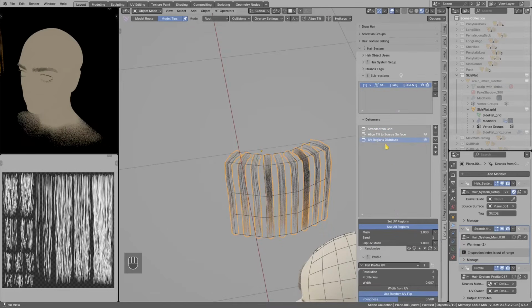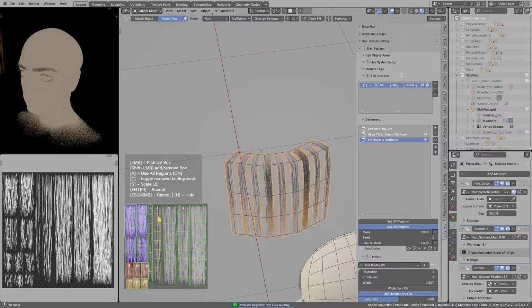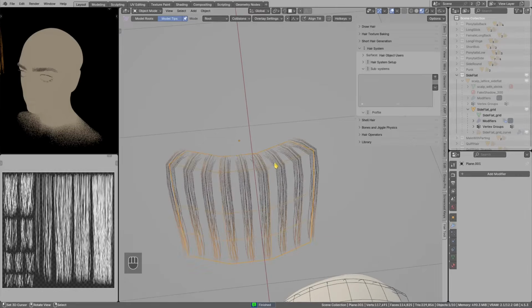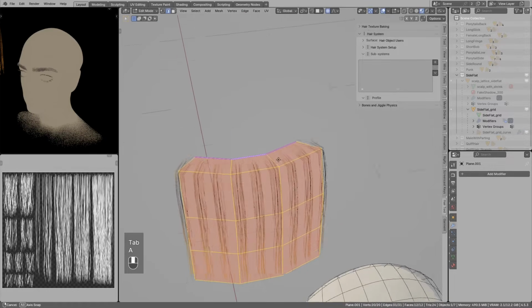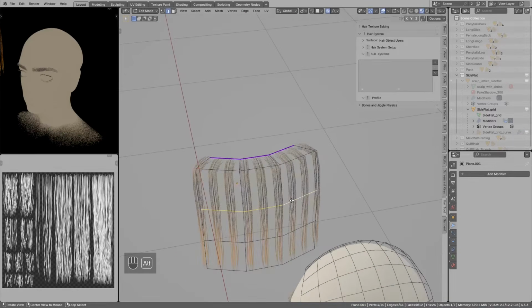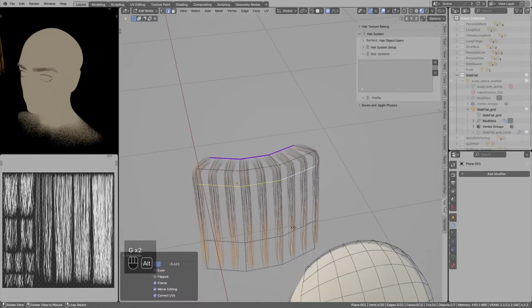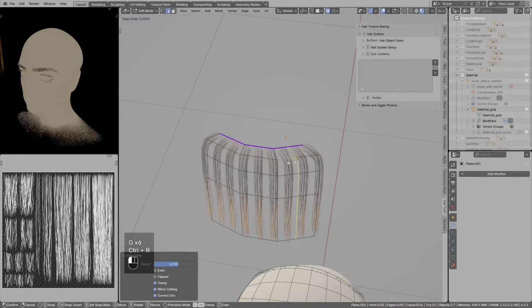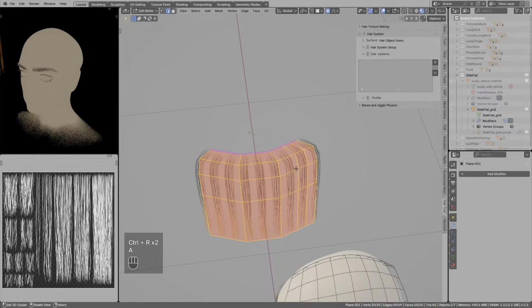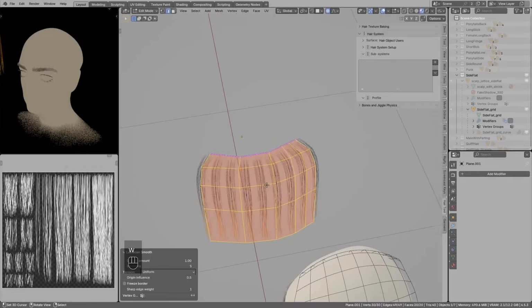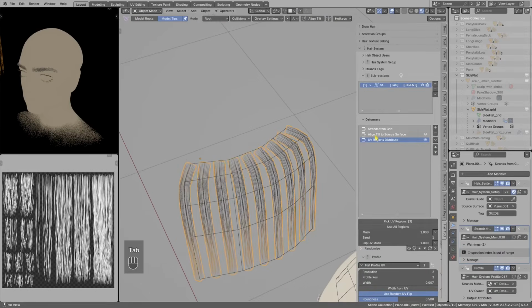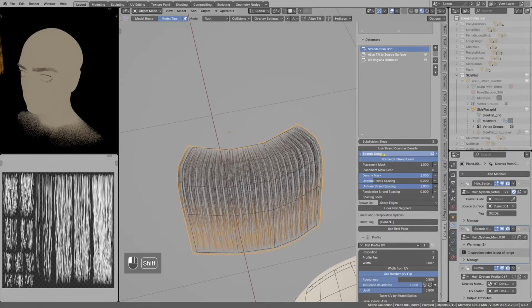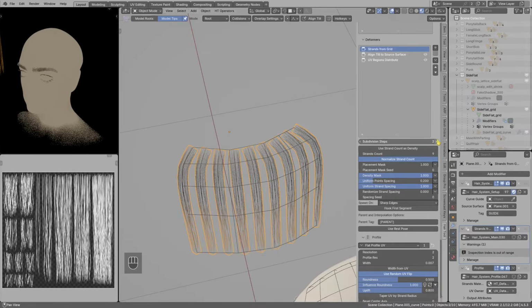I can pick one UV region to make it easier to look at, and I will adjust the grid surface to make it easier to see some sliders, how they work. So let's move this up like that, and maybe let's add a bit of subdivision on the right. Okay, so now if I go to the strand generator, you have a few sliders, amount of strands, amount of subdivision